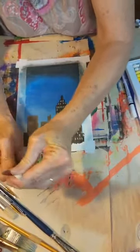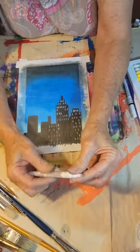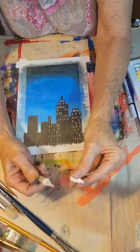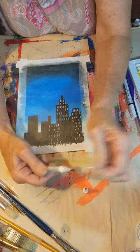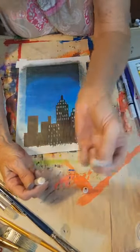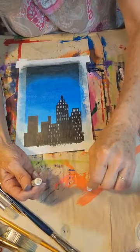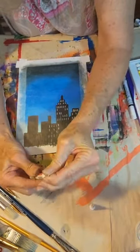Let me see. We'll see what we'll do. I'll show you how you open it. You twist off the cap right here. Leave your tip in it. Twist off the cap. See how the tip's sticking out right there? Okay, now I'm going to take the tip out of here. This is where, when you shake it, you'll hear that little ball inside. Put your tip with the pointy little end on it, pointy end facing down, right like that. Just sit it in the top of this piece right here,